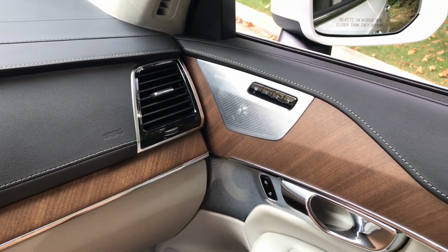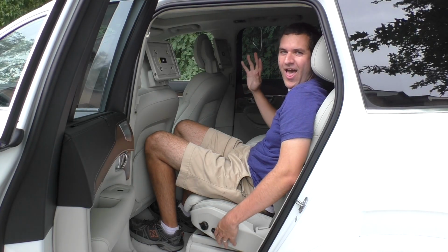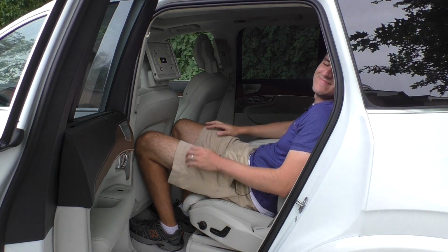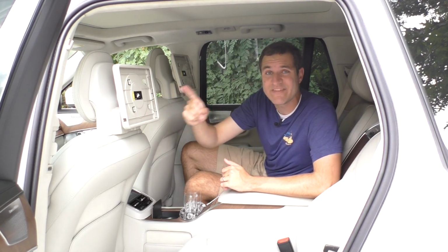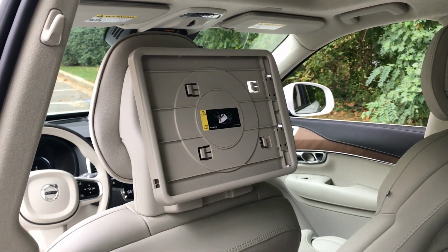And in back, since this is supposed to be a luxury chauffeur-driven vehicle, the rear seats can move forward, backward, up, down. They're power operated just like the front seats in a normal car, and they're even heated and they're even cooled, so you can easily find your optimal comfort situation if you're a rear seat passenger. You can probably see these things on the back of the front headrest. Those are for iPads. You can remove them, of course, or you can stick them in and then stick an